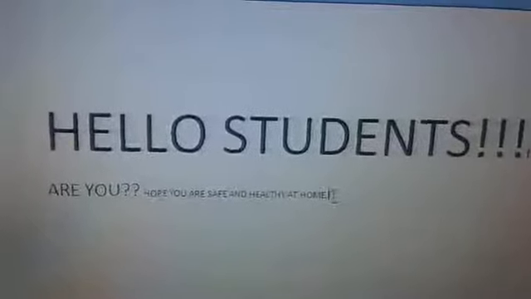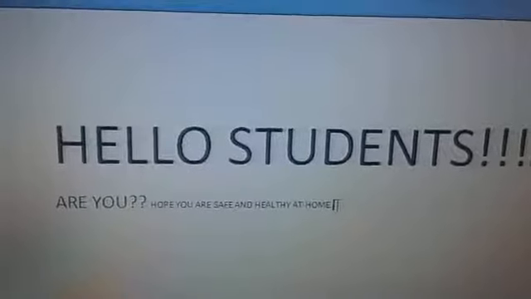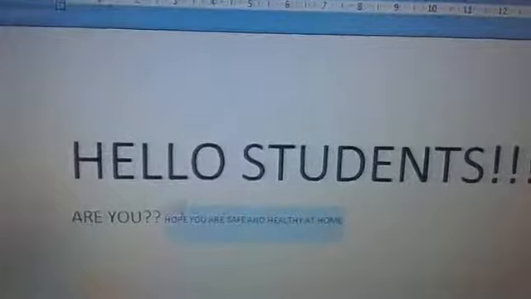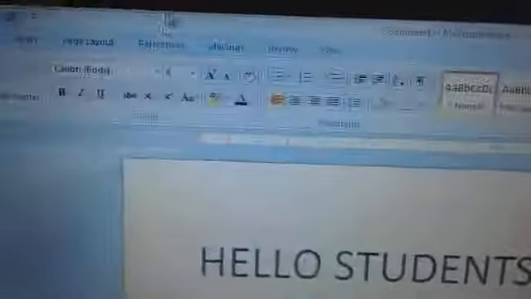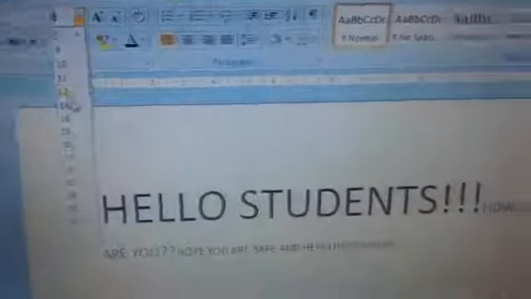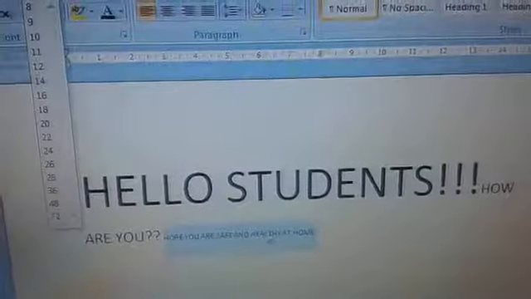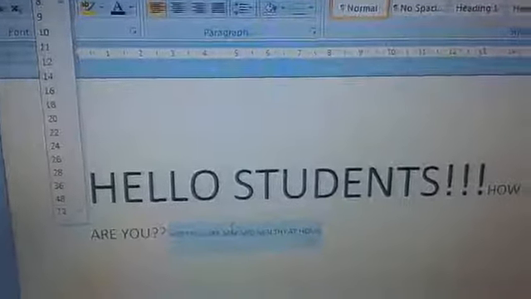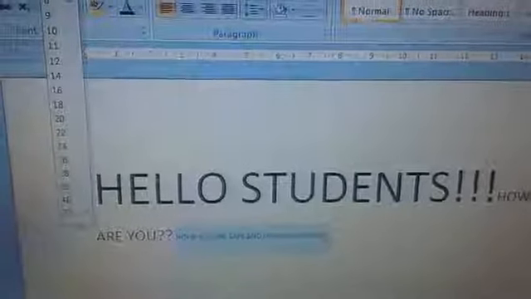Now after writing it, again if you are thinking that no, it has become much smaller, I want to make it a little bigger. I want to make it of size 11 or say some little more bigger size, say size 12. So what you can do is, you select the part that you want to change the size of again.